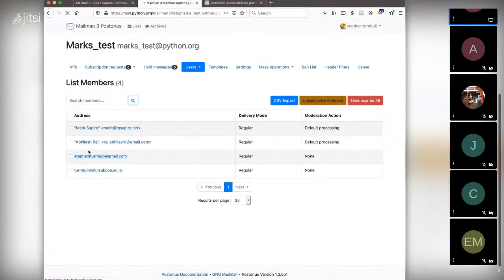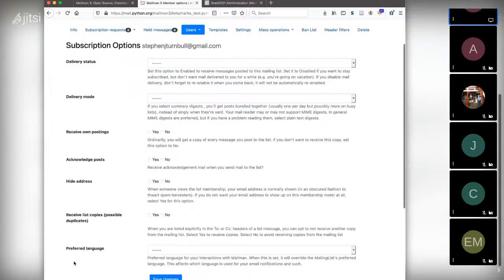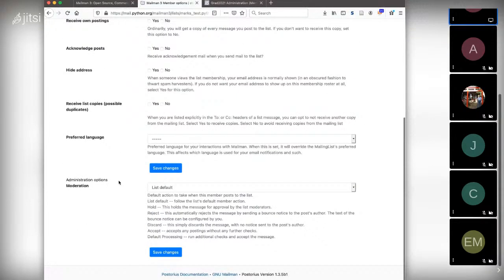So what happens if you go to my address here, then you see all of the stuff: whether I'm currently receiving mail, what kind of mail I'm receiving, whether I get my own posts, whether they're hacked or not, whether my address is hidden, and so on, and where I am in moderation status and my preferred language.